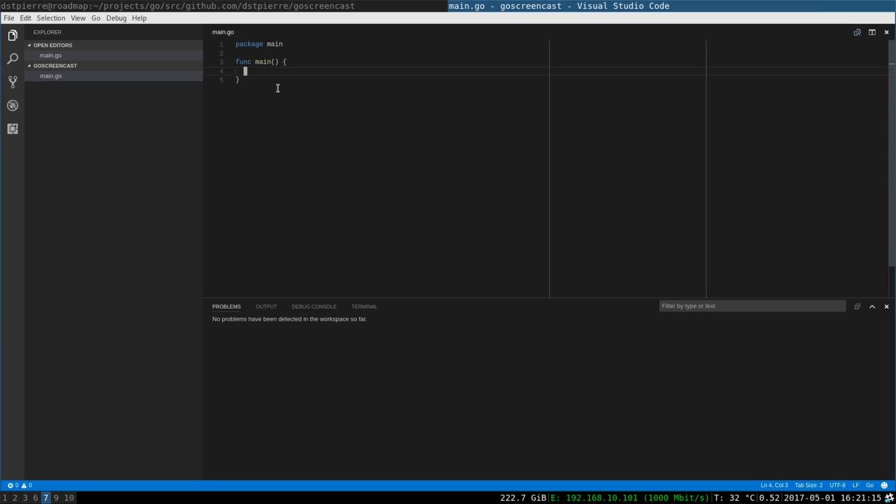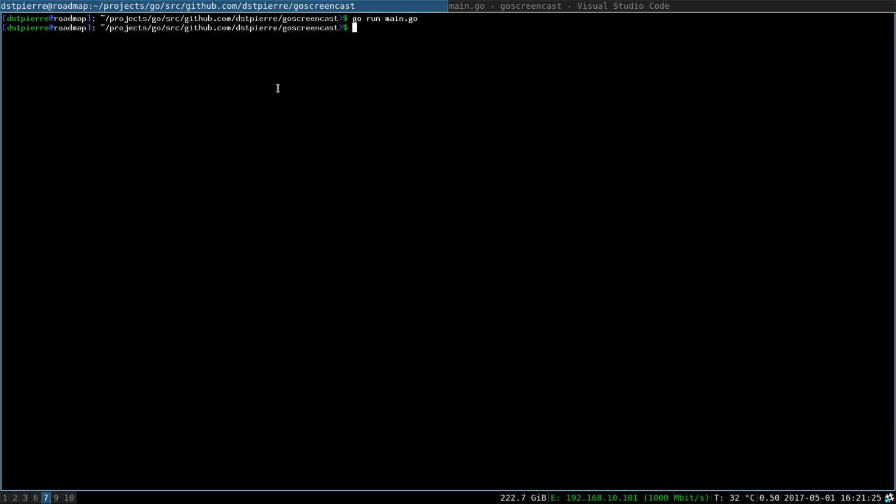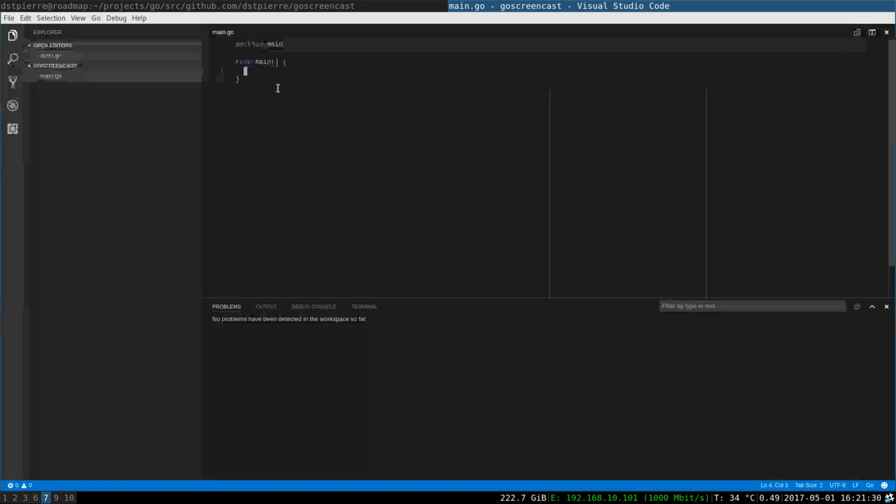Not very exciting, I must admit, as a program, but still a valid Go program. I just used go run in here. This is one way to run and quickly test your code. This is not creating any binary. It's just compiling on the fly and running the code.